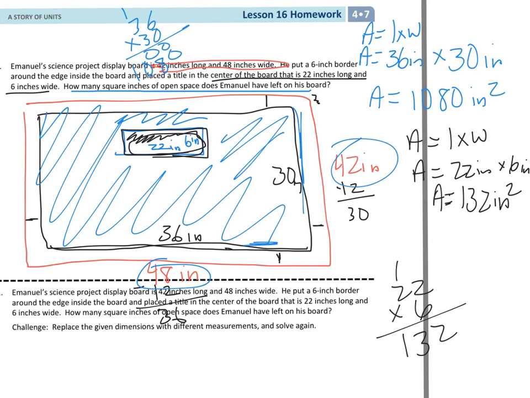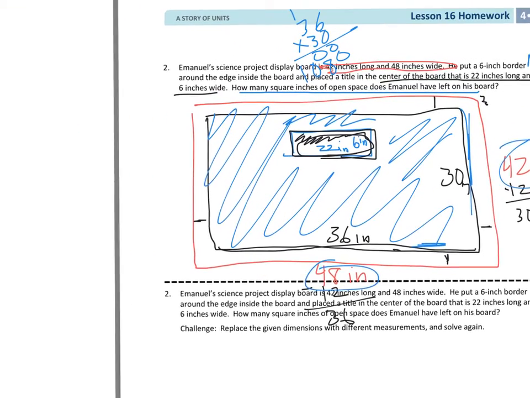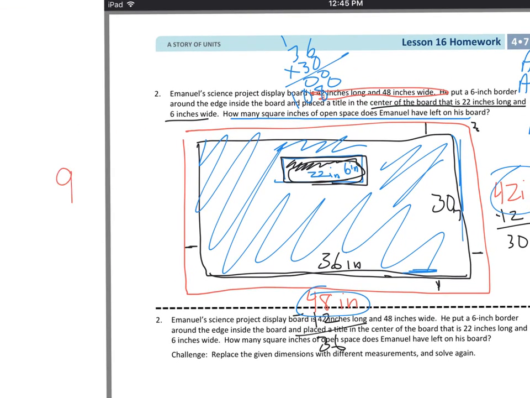So I'm going to take my 1080 inches squared of writable, usable space, and I'm going to subtract out the 132 inches squared nameplate. And it looks like I have 948 inches squared left. And I'm going to come back over here and write my answer so you can see it. 948 inches squared